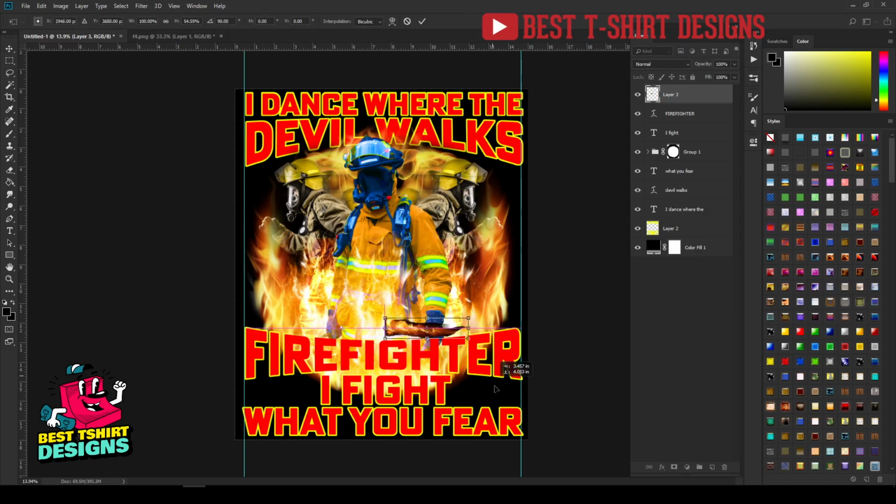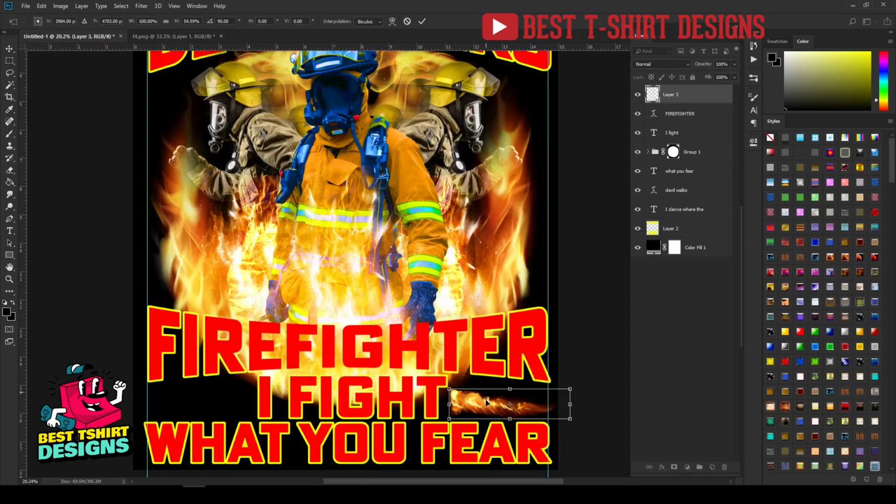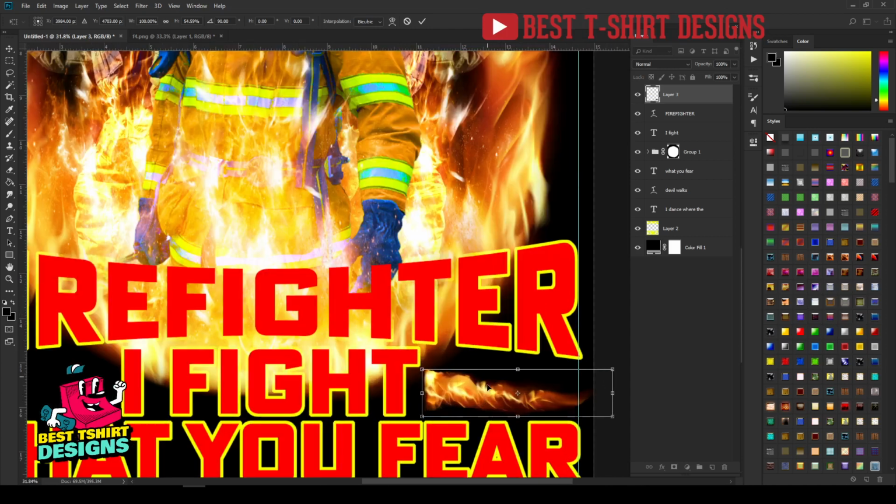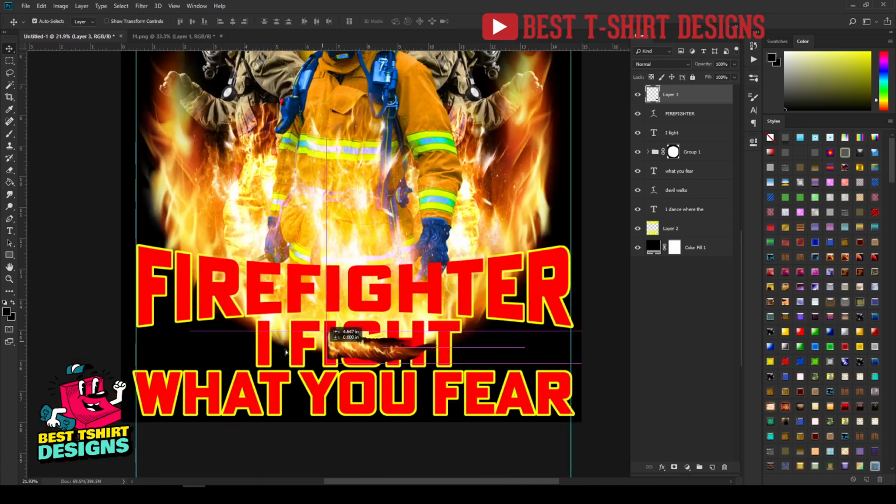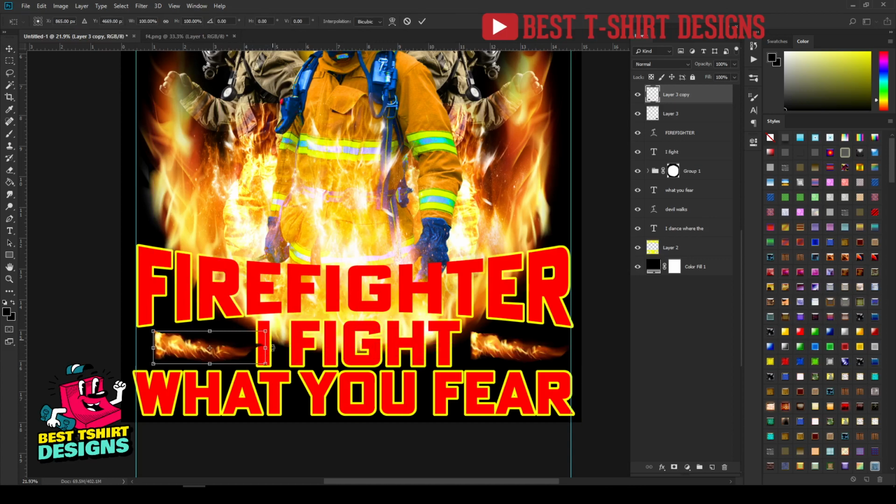I can adjust it in the design area like this, that is fine, and then bring this inside the ruler area. And then here I want to drag it to make a copy of that, so something like this. Then if I press Ctrl T, that means transform, and I can rotate the design here. Don't worry about how it is looking right now, it will look good.